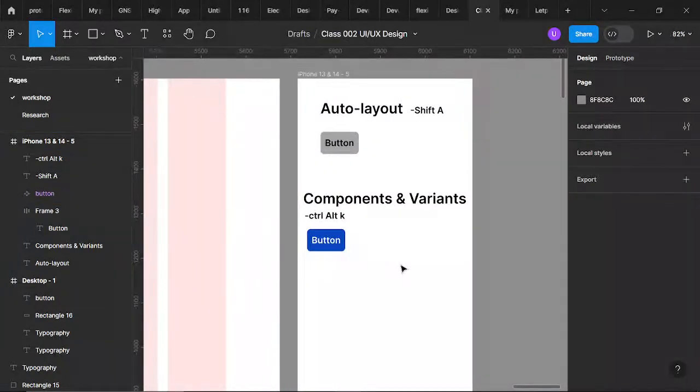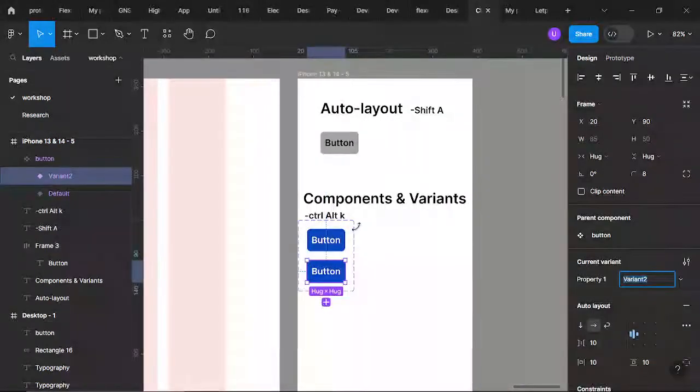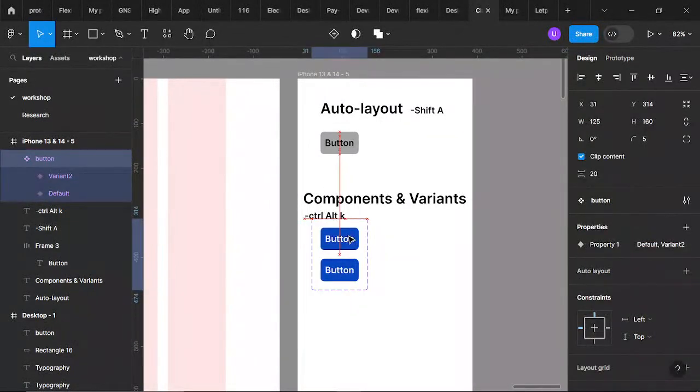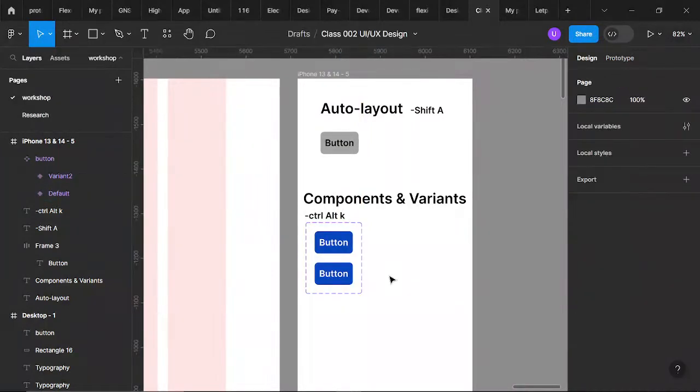Now here is the thing. Since you have made this a button and now you want to create different variants of it, by just clicking on this icon you can add variants. Just click on it. Okay, so this is another variant of this button. Now you can customize it. When you say something is a variant, that means it has a little difference from the previous one.